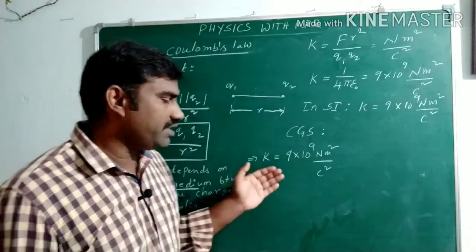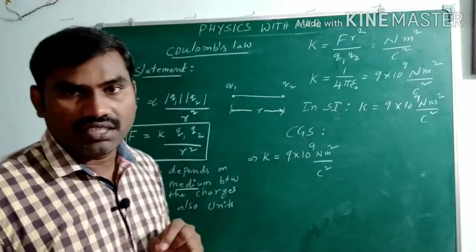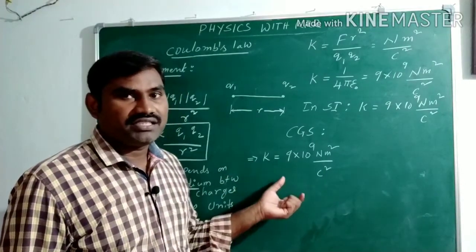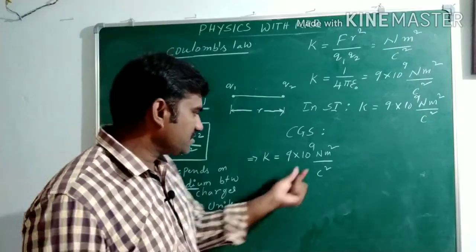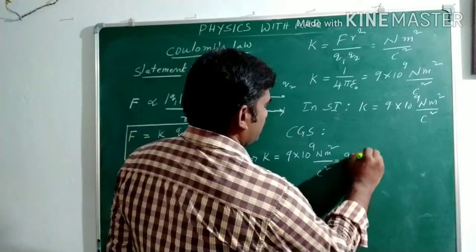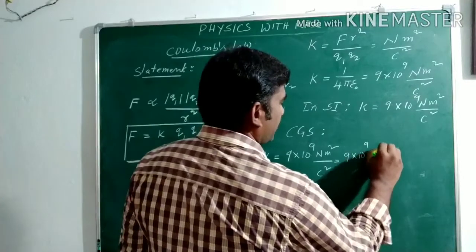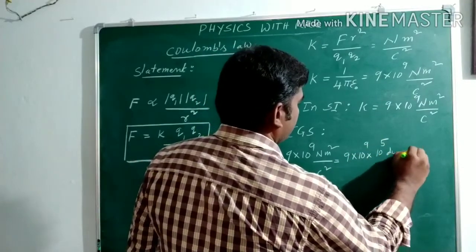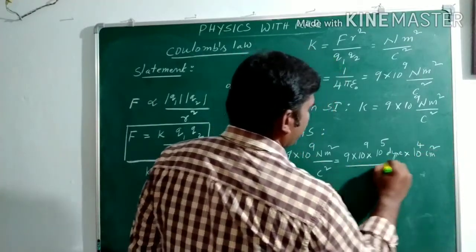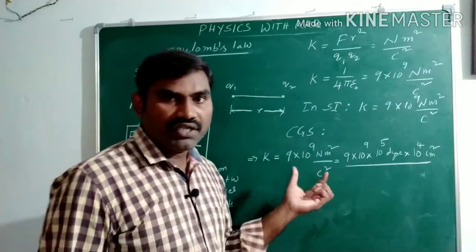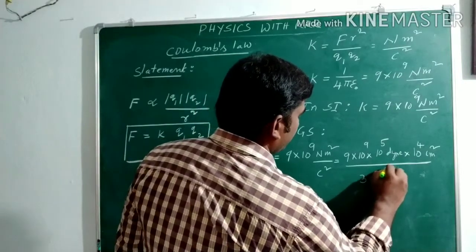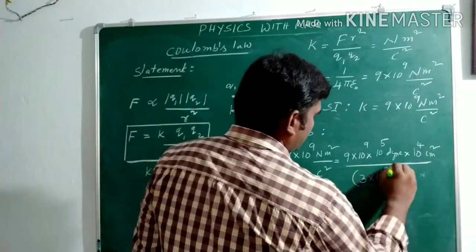So as we discussed earlier while discussion of unit of electric charge, electrostatic unit of electric charge in CGS system is stat coulomb. Now from this we need to convert Newton into dyne. So 9 into 10 power of 9. So Newton is nothing but 10 power of 5 dyne into meter square in terms of centimeter square 10 power of 4 centimeter square by coulomb we need to convert into stat coulomb. So stat coulomb is nothing but 3 into 10 power of 9 stat coulomb whole square